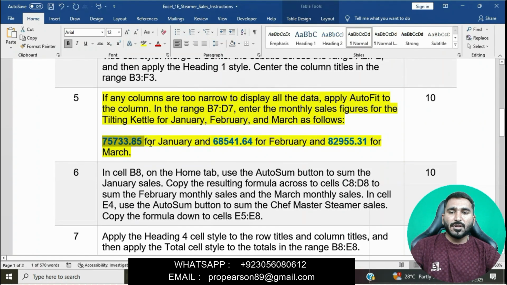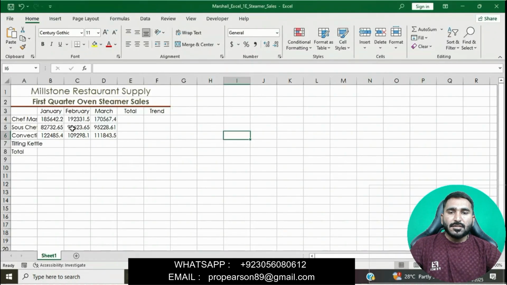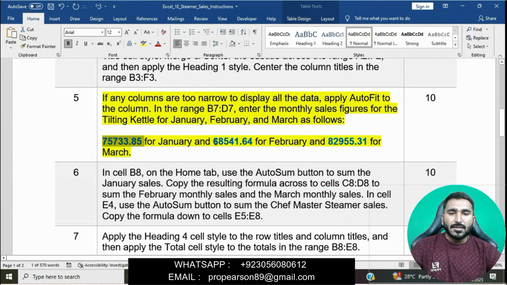We will copy this, and for January we will type it in cell B7. Then 68541.65 for February.